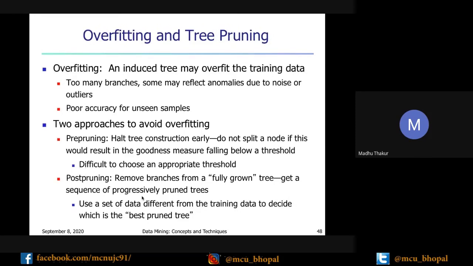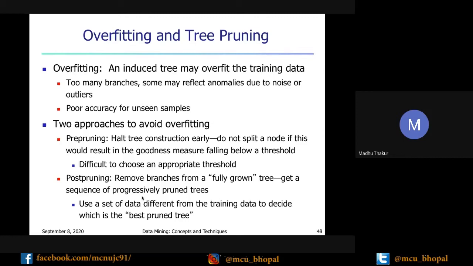So what is the problem with this tree? In decision tree classification, one problem that comes is the overfitting problem. If there is noise, anomalies, or outliers, then your tree will have an overfitting problem.